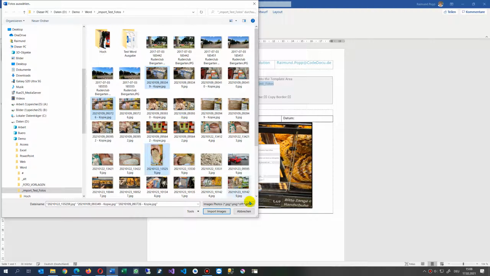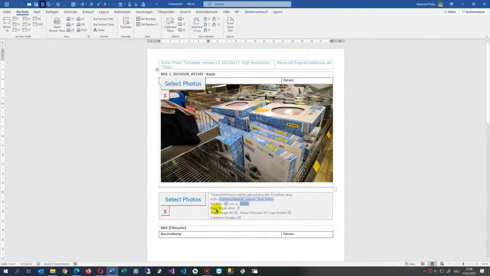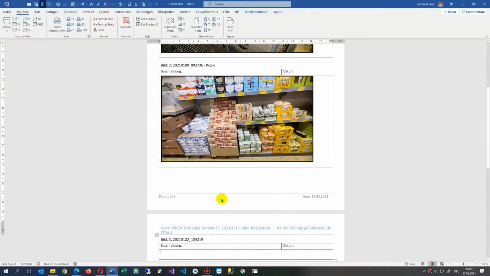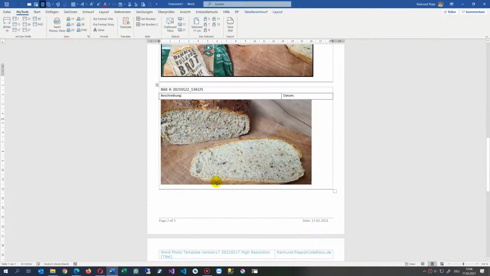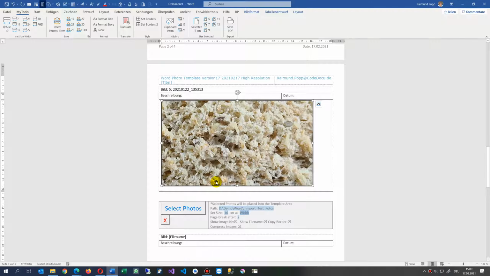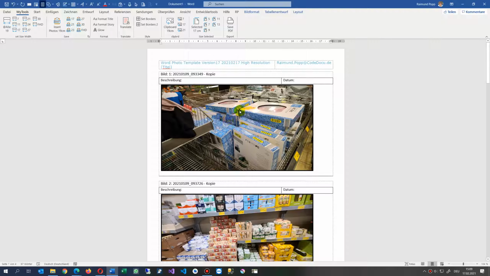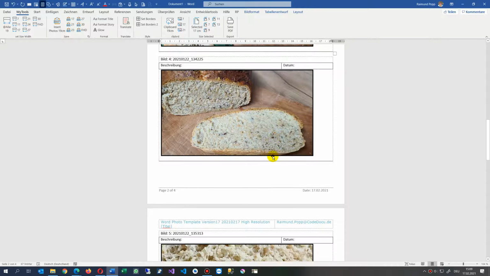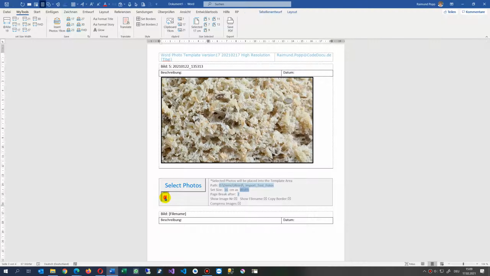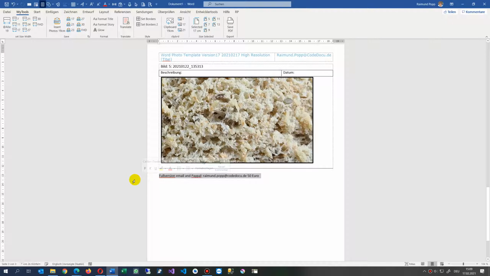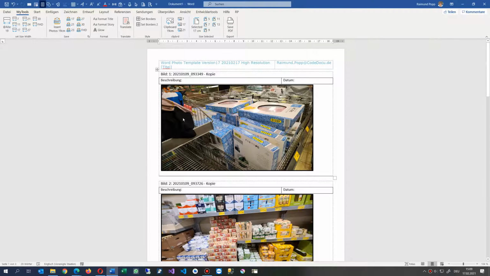But if you select several images, you may select them with the control button, several ones like this, and then those photos are inserted and they are set by the size. And when you save it, the image itself is also quite good, because I changed the default resolution a bit. So this is now the template itself, and you may close that template action bar,